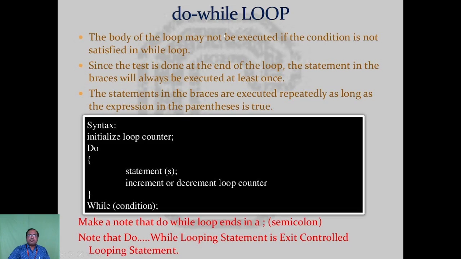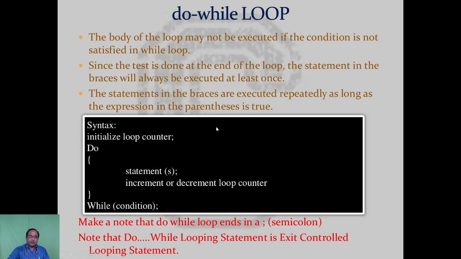Okay, so next one is the do while loop, and we can say that it is an exit control loop. That means after the statement is executed, then the condition will be checked, so we call it an exit control loop. Here the body of the loop may not be executed if the condition is not satisfied in a while loop. Since the test is done at the end of the loop, the statement in the braces will always be